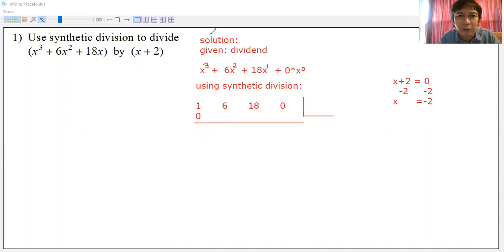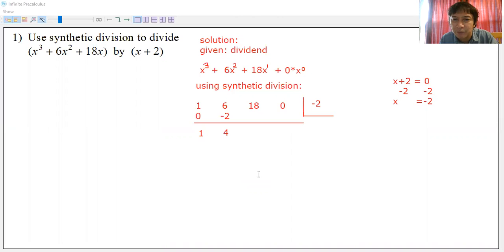So this will be 1, and then you have your trial divisor here, which is -2, and the product of 1 and -2 will be over here. The next process is to add the 6 and the -2, which is +4, and you're going to write that below it. So that will be a +4 right there.